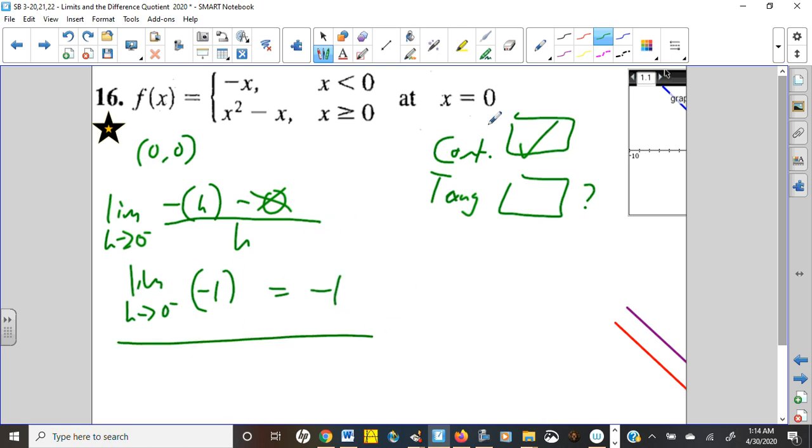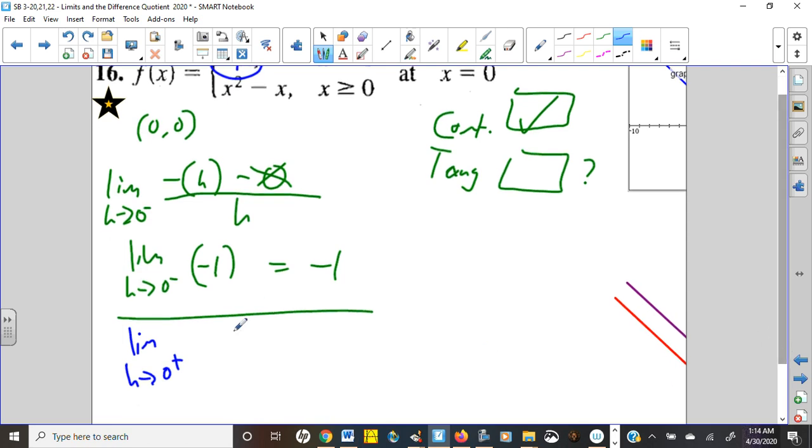Now let's switch to the right tangent slope, which is a little trickier because we already knew that the slope of this line was negative 1. So we knew that the tangent anywhere on a line is going to be the same as the slope of the line, which was negative 1. But now we're going to do the right function's limit as the secants approach the tangent. So we're coming from the right,